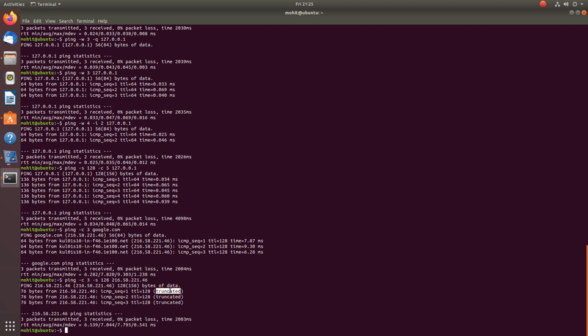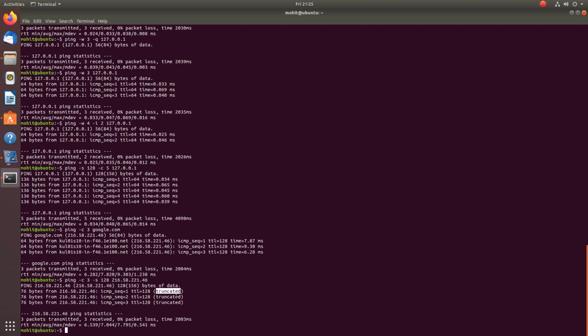Now you will see in the output there is a word called truncated instead of time. This happens when the size of the packet that you have transmitted and the size of the packet that you have received is different. If the packet you have received is less than the packet you have sent, it will always show truncated, meaning the packet is split and you have received a packet of smaller size.